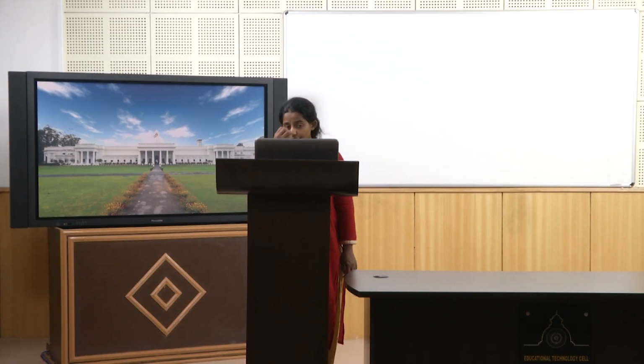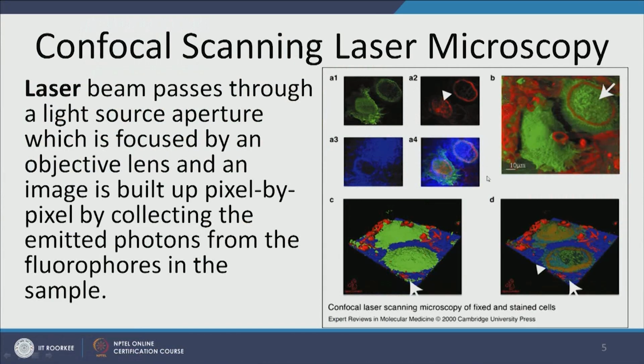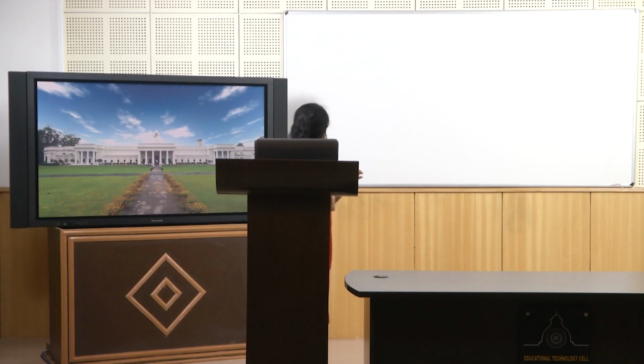Now, FISH is often coupled with confocal scanning laser microscopy, and what FISH is, I will be talking about a few lectures from now, but for now it's enough to know that what we do in FISH is we take our microbes and we add dyes to them, and different kinds of dyes attach to different kinds of microbes. A very rough example here would be,